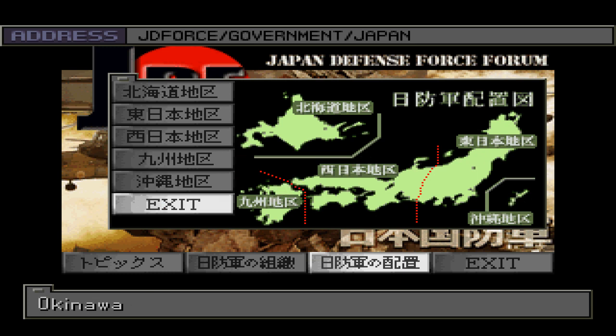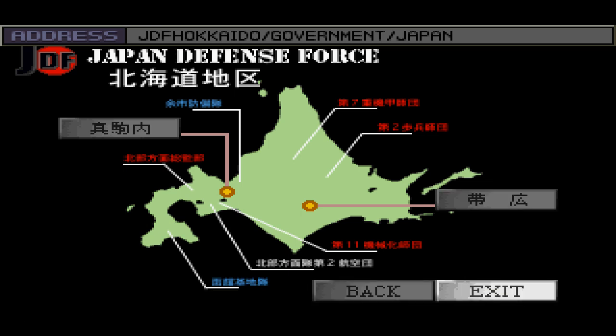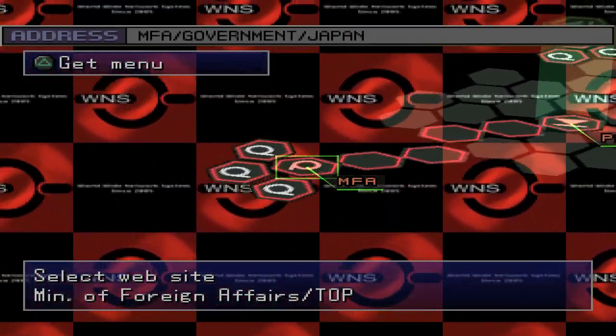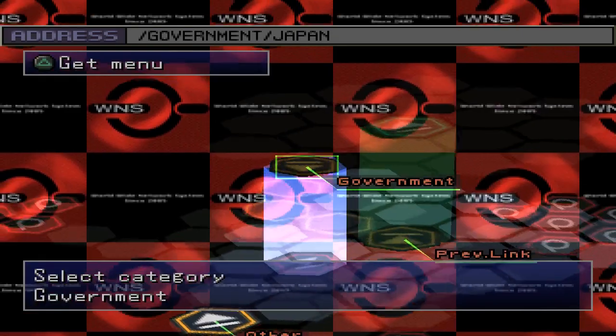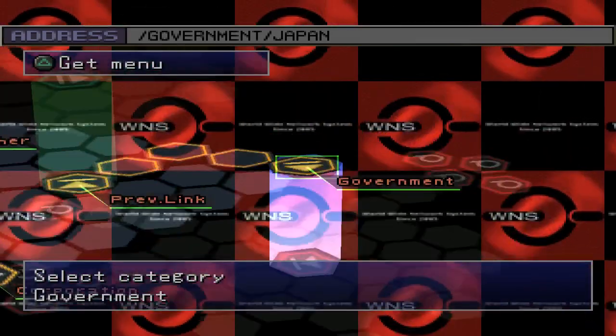Which one were we just at? I don't think we were at any of these. I don't know where we were, and I also really don't care enough. So if you want to know how strong the JDF is in every region, it's just plausible numbers, it's all just for immersion, a lot of this. But it's just so dry and so straight-faced. I don't know. We can check out those terrorists. You can see what they're about. On the